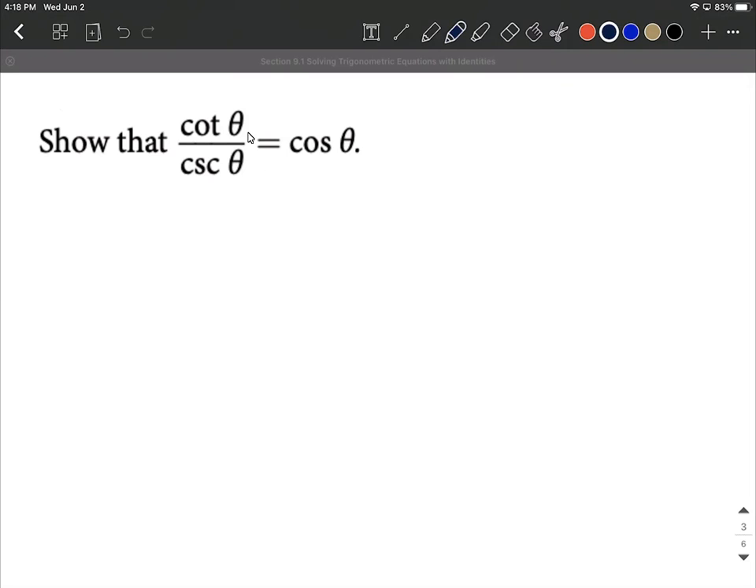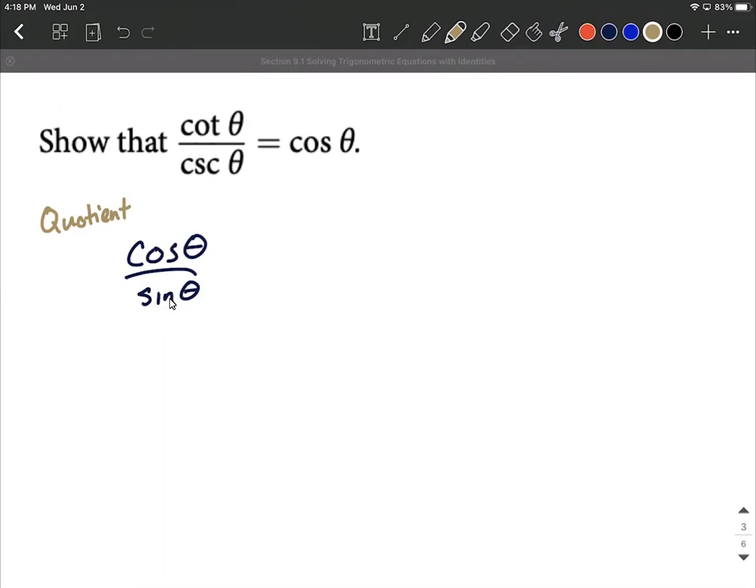and cosine. So we have a cotangent. We can replace that with cosine of theta over sine of theta. And the identity we would use to do so would be referred to as a quotient identity. All right, so the quotient identity allows us to replace cotangent of theta with cosine of theta over sine of